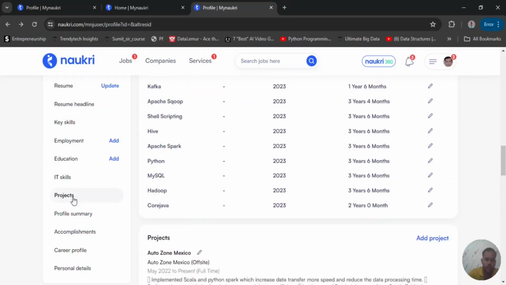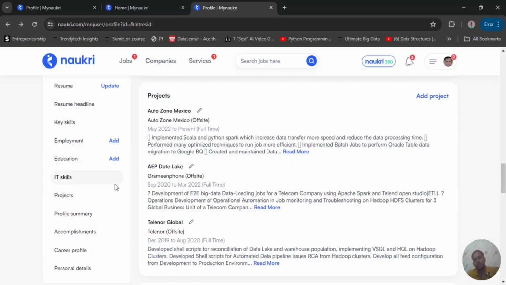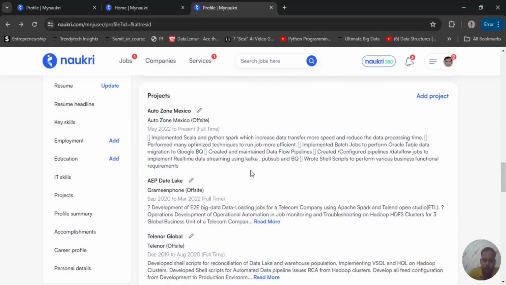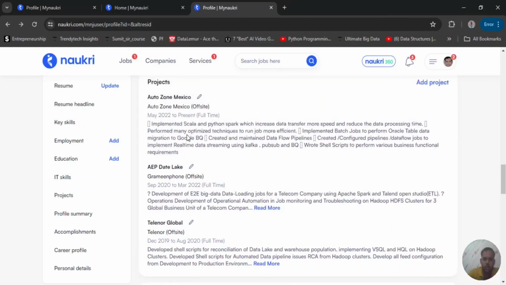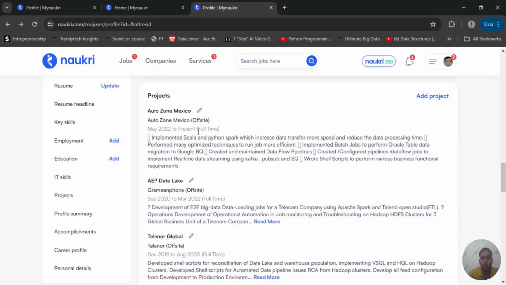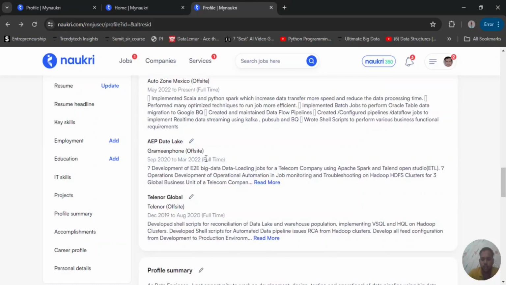And then you have to mention project. So while mentioning the project, you have to give the project name and who is the client, and then what is your contribution in this project, and what is the flow of this project, that you have to describe here. And then you can also give the date, from where to which date you have worked. Are you working on this project only? Then you can mention here like that, and then whether it is a full-time project or part-time project, you have to mention